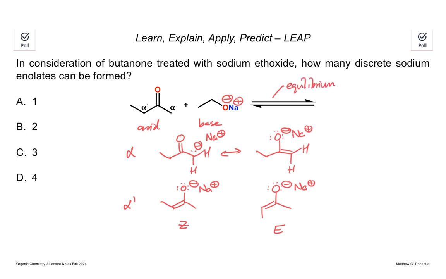And so the arrow is drawn that way because the conjugate acid that you get after you deprotonate is ethanol. So that has a pKa of around 16. These alpha hydrogens have a pKa of around 20. That difference is less than 5. And so really, the way to think about it chemically,